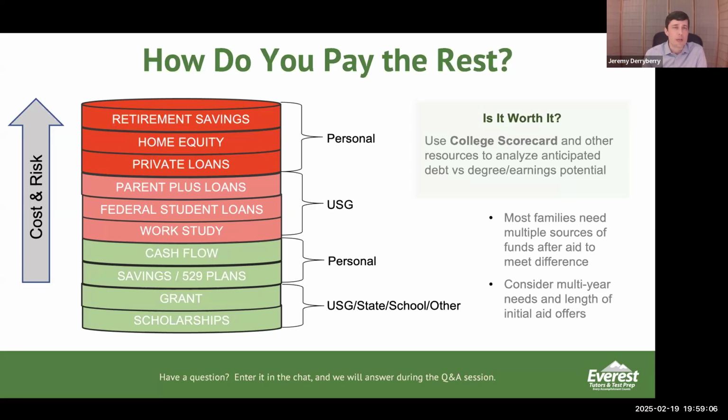But you really have to balance that with whether the value of what your child is getting from that education is worth the risk you're taking, if it's impacting your retirement, how soon you can retire, and whether or not you can retire. These are questions you need to ask yourself now. You don't want to be asking yourself this in the summer before their freshman year, when their initial payment is due in August. It's not when you want to be figuring it out. You really want to try to do that now.